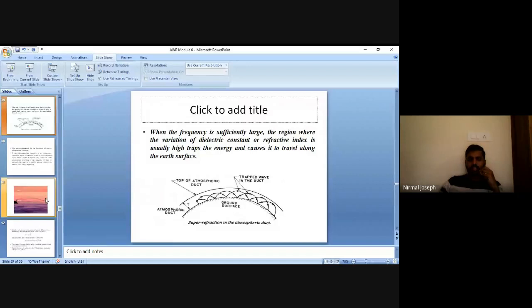Here one atmospheric duct is shown. At the top of the atmospheric duct there will be a hotter region, and at the ground surface there will be a hotter region, and in between one colder region is coming. So that will act as an atmospheric duct, and super refraction occurs there. The refractive index is high in that particular region, since that is a colder, denser region. The wave which is trying to escape from that colder region to outside, where there will be a hotter region,